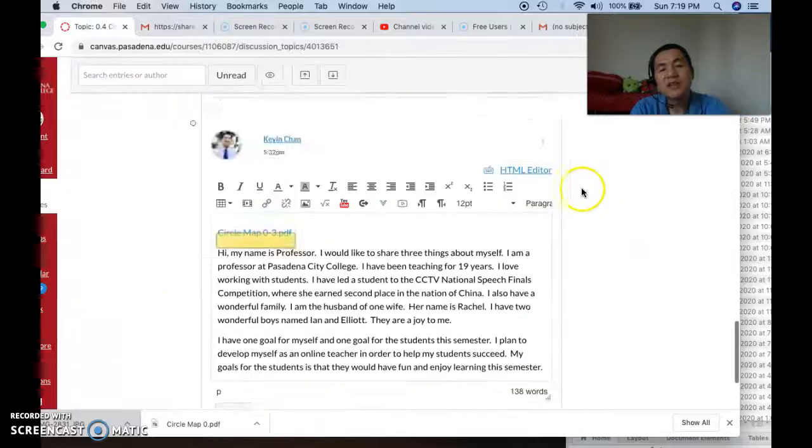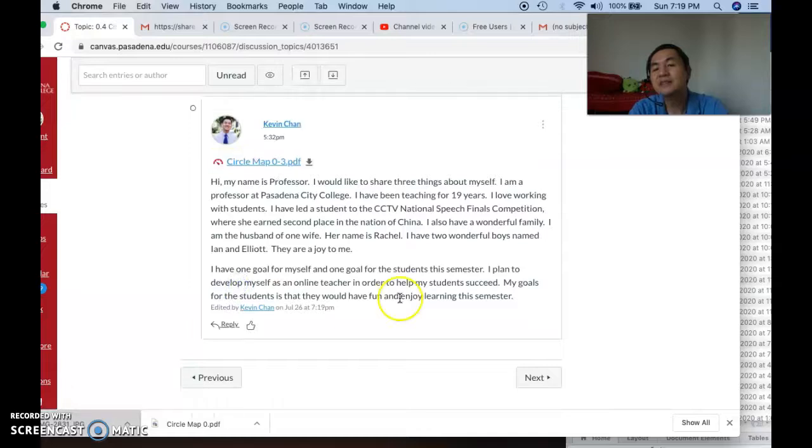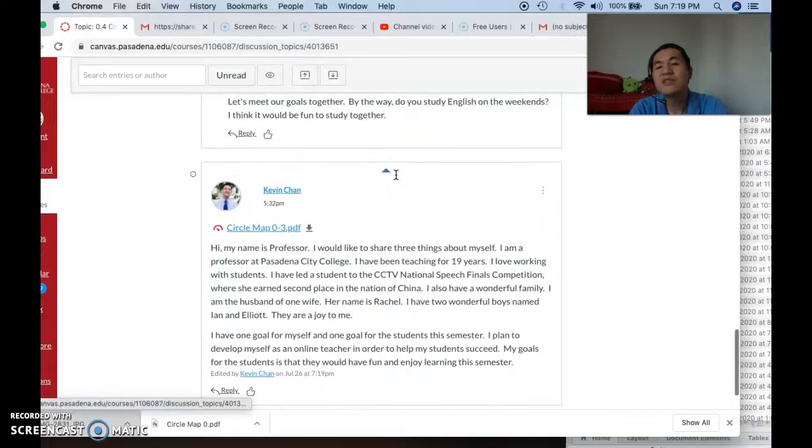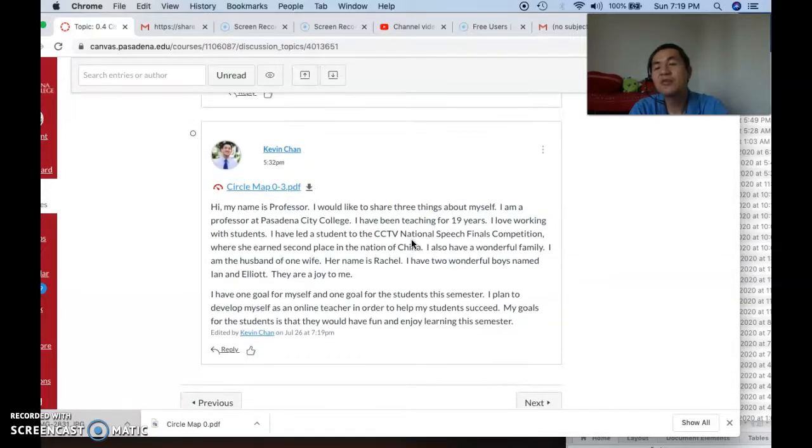And if you can see, that's happening. And notice, voila, this has appeared. I'm going to press done, and now you have your circle map that you have placed in here. We can click here again to preview the circle map, and there you go. You are officially done, and with this assignment you have displayed the circle map.